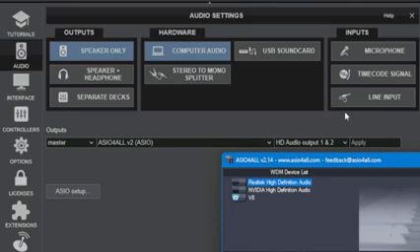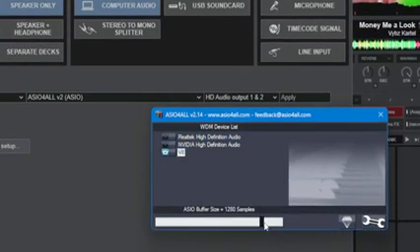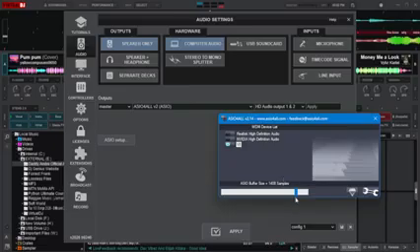So if you're getting crackling sound and you already have your V8 sound card selected and turned on, then you just increase the buffer size, but of course you don't have to overdo it. In this case, I will have solved the problem with my sound crackling or getting distorted. Yes, so that is it. If that is not enough,